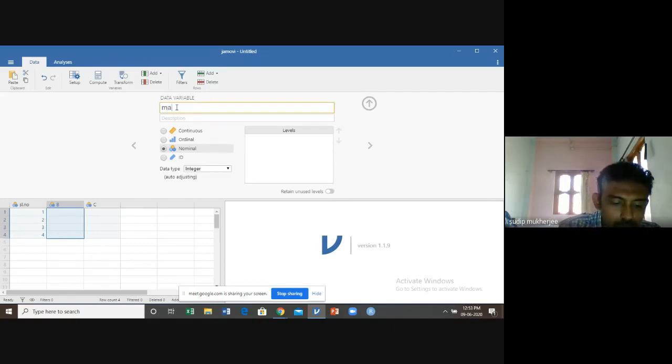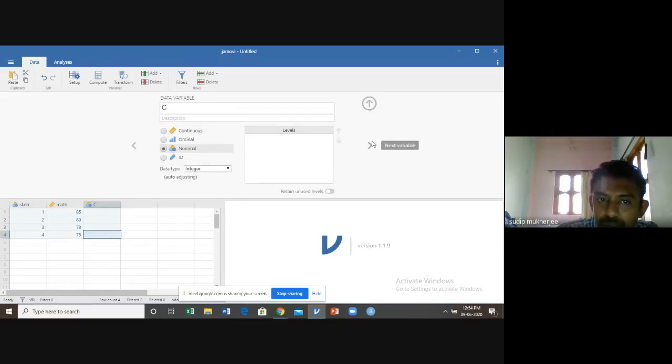Similarly, if we consider the second column B, now we name the variable as math, and what is the description? This is the marks of mathematics. Basically, this marks of mathematics is a continuous variable. The maximum marks is 100, so one can get within 100. 0 to 100 is the range. So in a similar fashion, we could put the marks. These are the marks for mathematics.